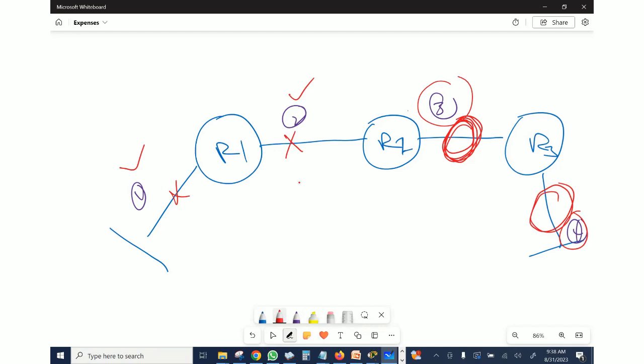So now you need what is called routing. You need to perform routing on each of these routers so that they can tell one another. Same way router 1 does not know anything about network 3 and network 4, that same way router 3 too does not know anything about network 1 and it does not know anything about network 2.